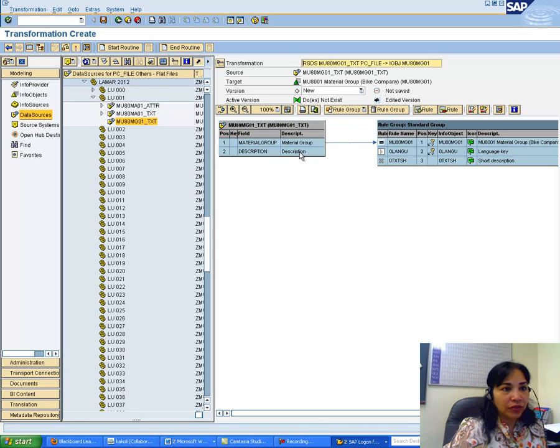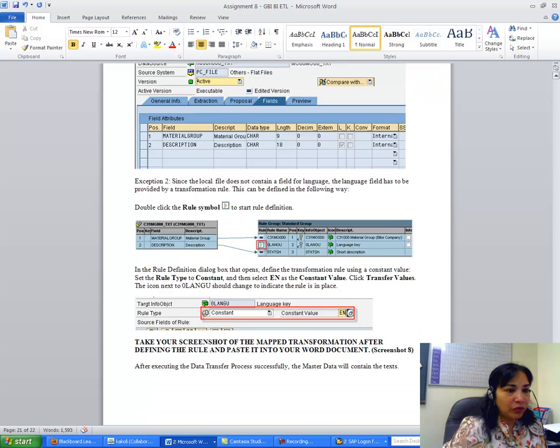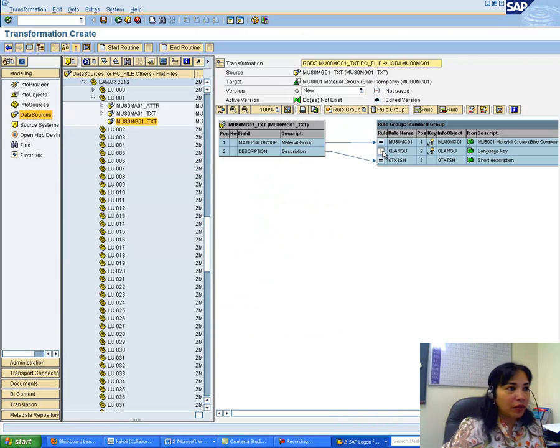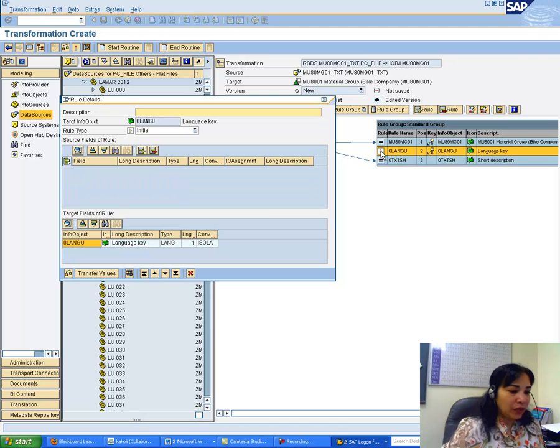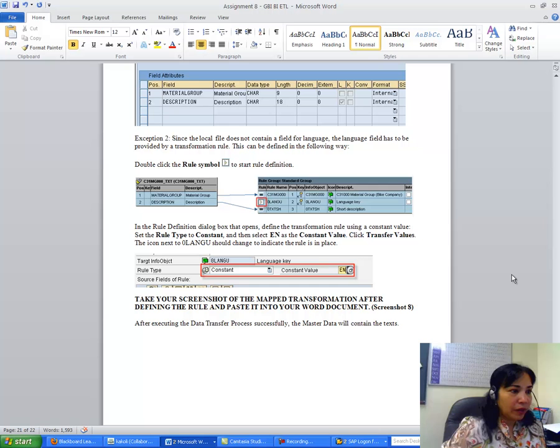Then I have to do the transformation. So material group to material group, description to description. Only thing is that I do not have anything for language, and so I have to create a rule for that. I have to define the transformation rule using a constant value. So I will double click on the rule symbol. Okay. Description,